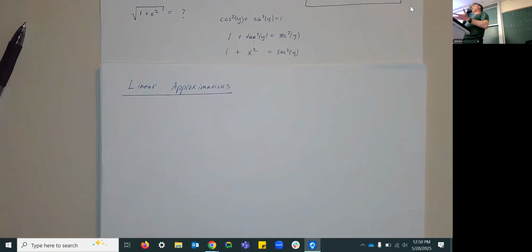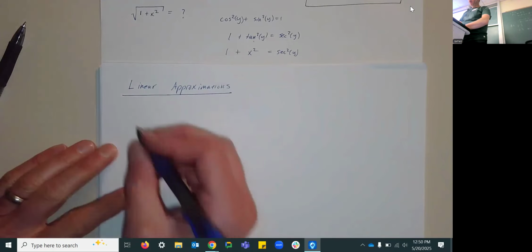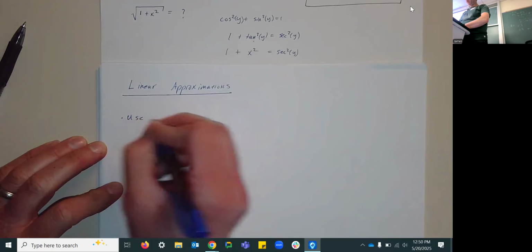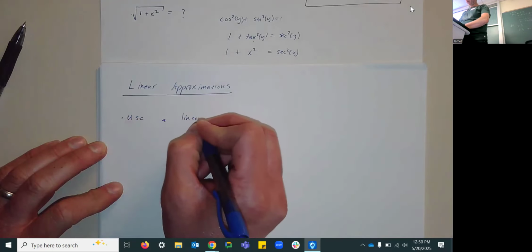The idea behind a linear approximation is that for some functions, we can use a straight line to get a value for them that's close to the value we're interested in. Like the following example. We're going to use a linear approximation, which we'll explain as we go here,